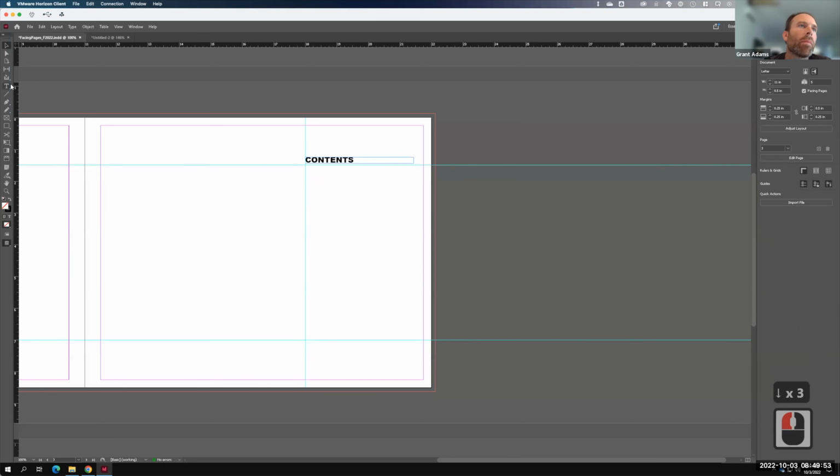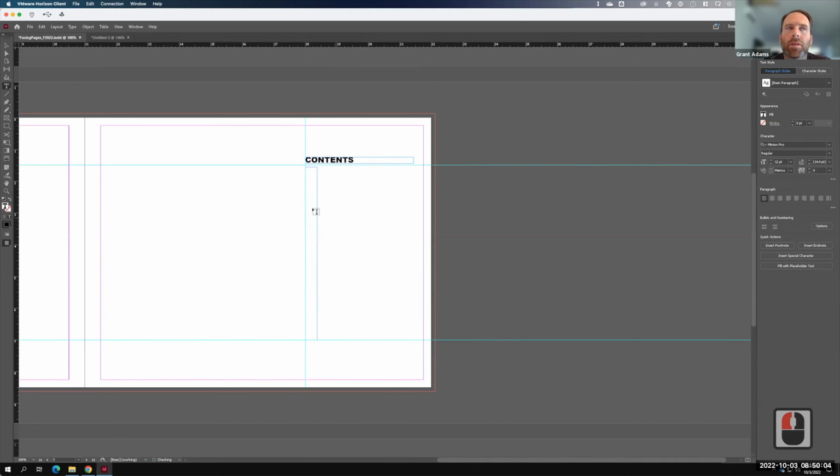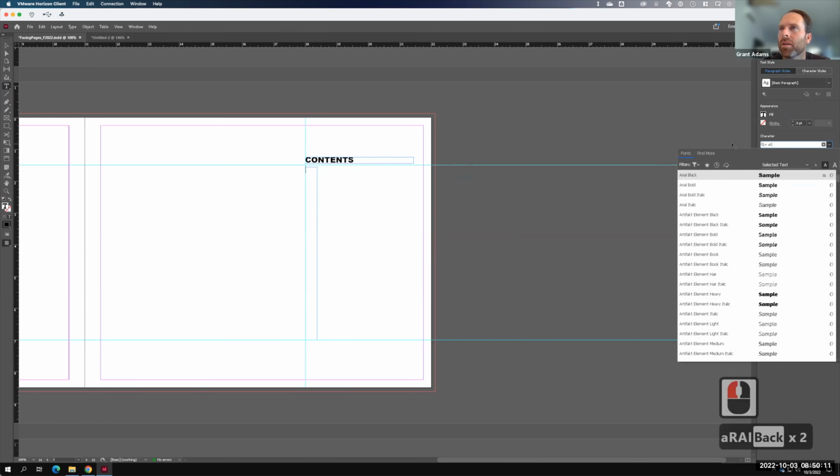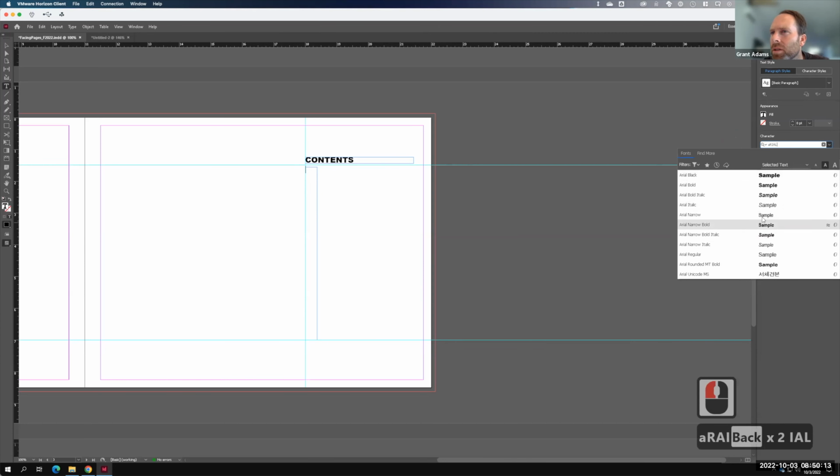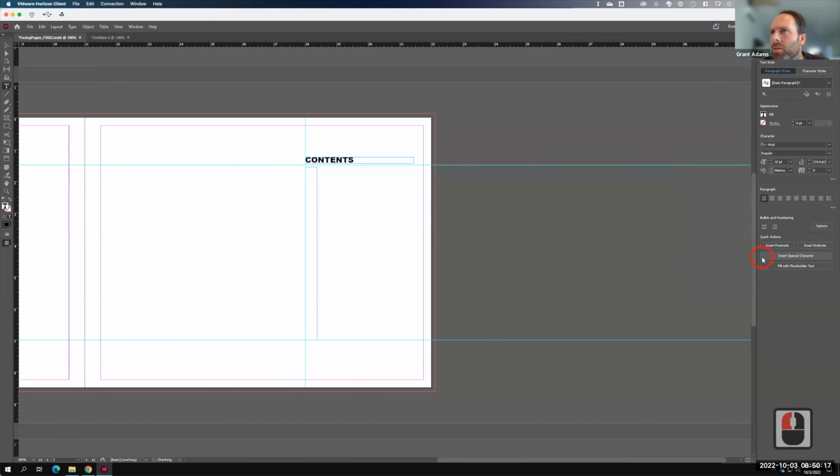And then I'll come back with my type tool. We'll create another box down here. Actually, I might do 2. I might do one that does the page numbers. And we'll do a different, this will again be an Arial. Let's do Arial regular, and we'll do it at 10. No, let's stick with 12. And so this would be